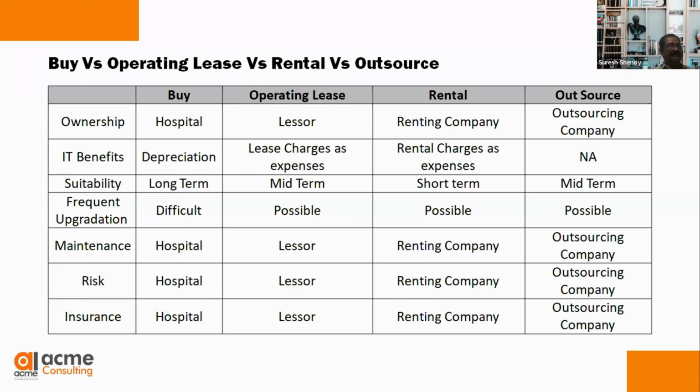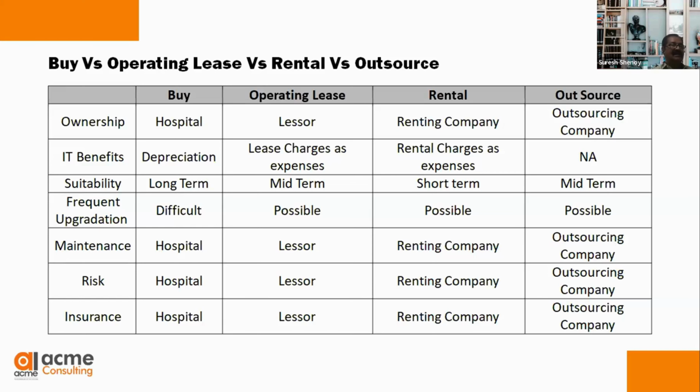Outsource is again mid-term. And frequent upgradation: when an equipment needs very, very frequent upgradation, then buying it is very difficult, because once you have purchased it, you cannot easily throw it away. Whereas in operating lease, rental and outsourcing, it is possible without much difficulty. You can ask them to provide the new one. And maintenance, again,